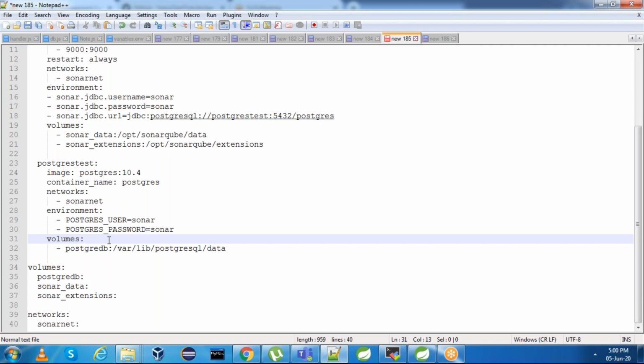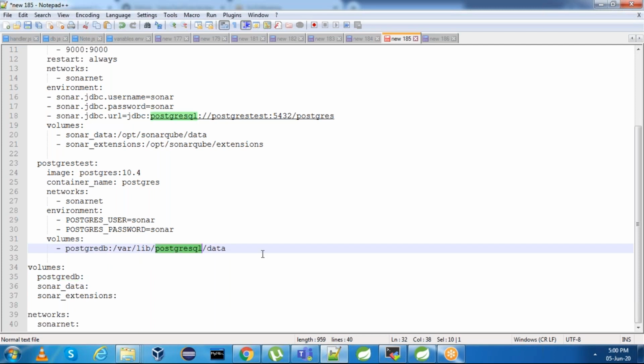And if you see my earlier videos, for any storage, even after Docker container start or stop, if you want to use that particular storage forever, you need to use something called Docker volumes. Here I am using Docker volume concept for storing Postgres data information. And another one what I'm using is, we are using Sonar data and Sonar extension.